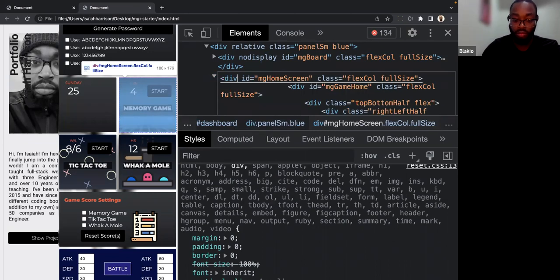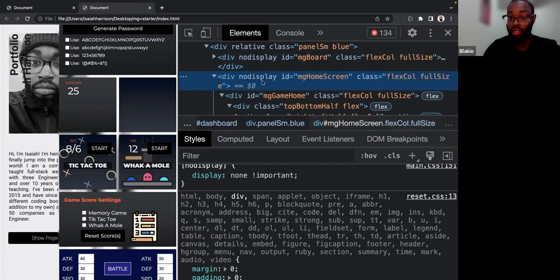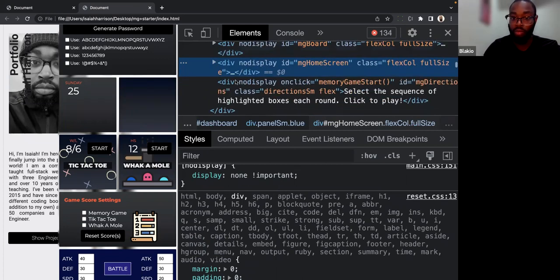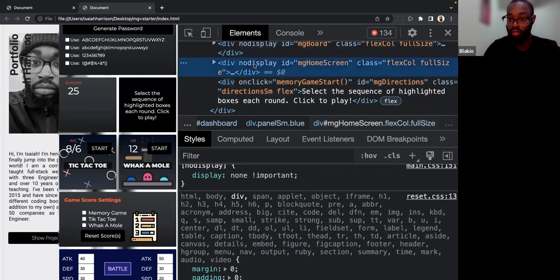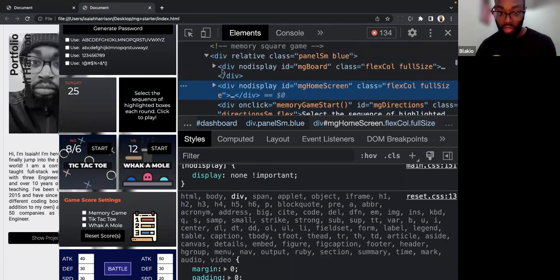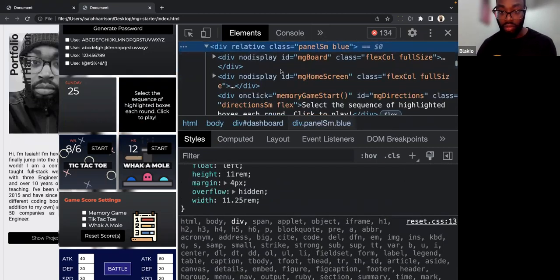What we want to do, whenever we click that button, is put this no display attribute on the home screen and remove it from here, because this is the directions. It says click the sequence of highlighted boxes each round, click to play. So let me get these IDs, and y'all are going to tell me what I should do with that.